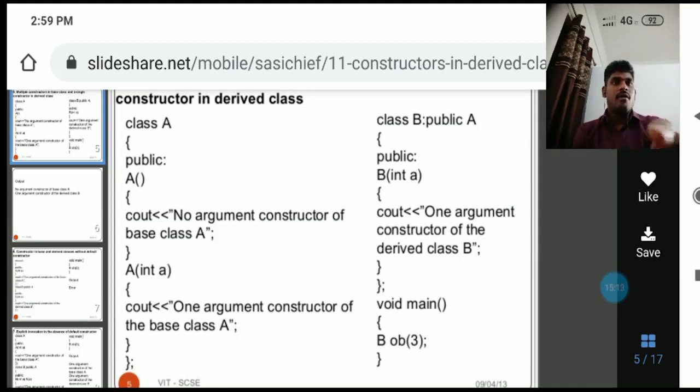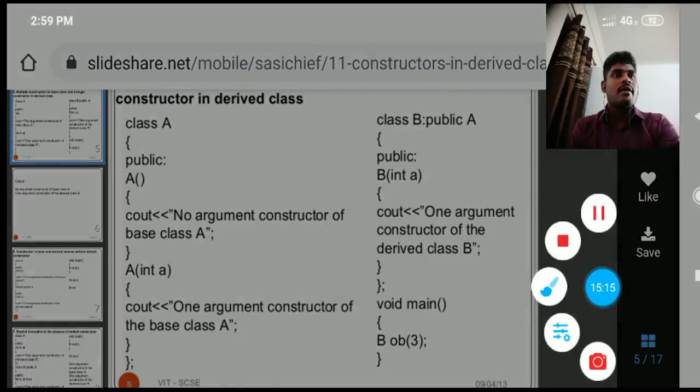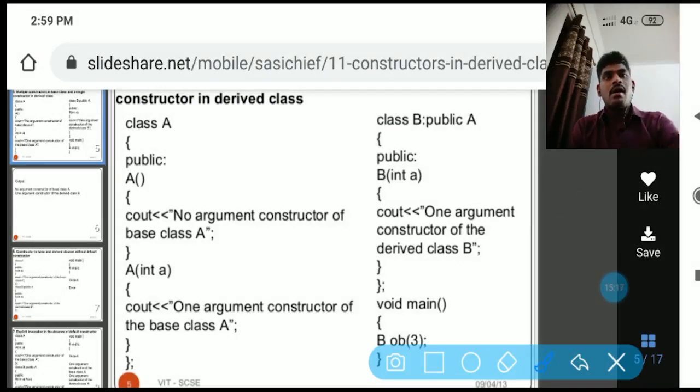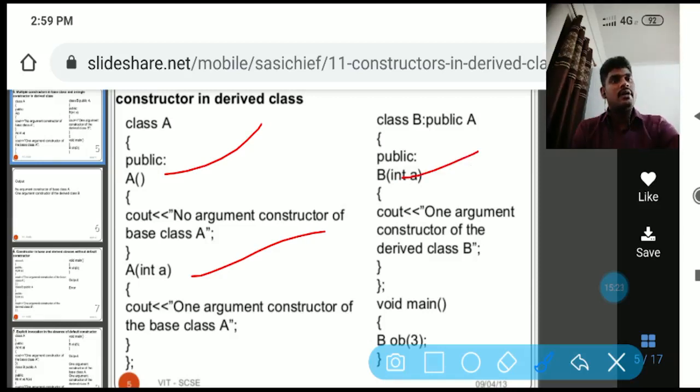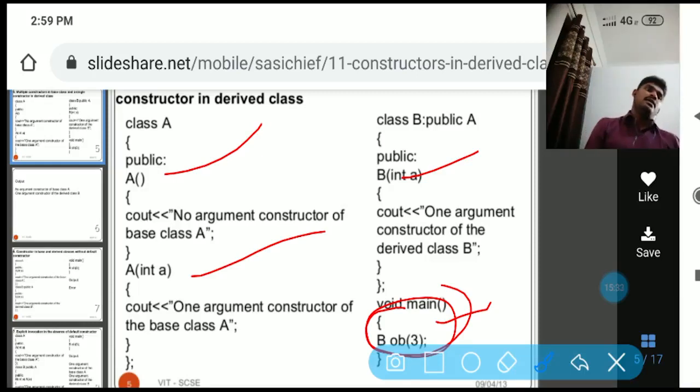So I can call the constructor and the argument constructors by creating object B, and with object B I access the three constructors of the three classes.